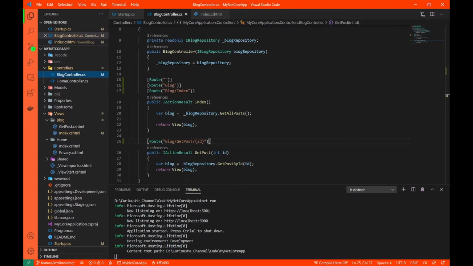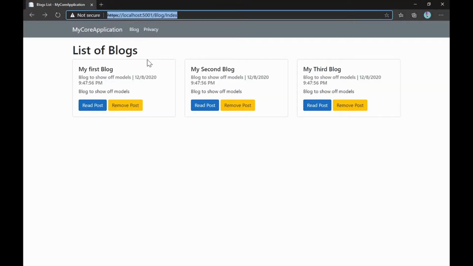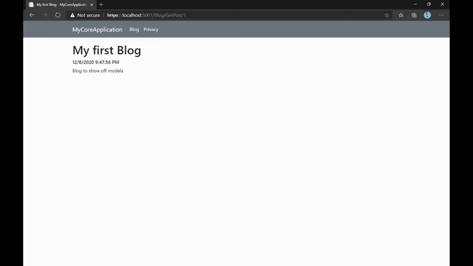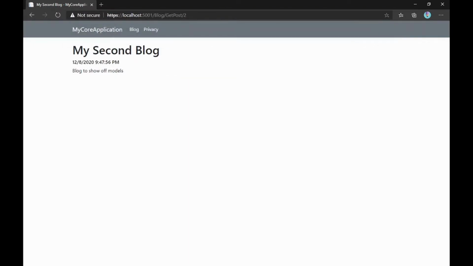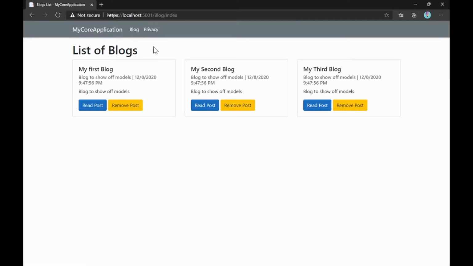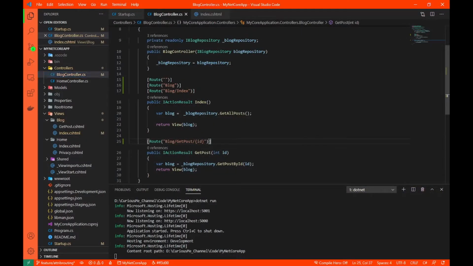Let's open, let's refresh, go back, and now let's click on this read post. Let's refresh this again. Now let's go on this get post. Now you see this route works and this parameter is also going. How can we test this? Let me just write in 2 and click on it, and we'll get our second blog. So this is how this entire thing is working, and this is how we can also pass the parameter. Right now, this route and this route are the only routes that will work in our entire application.